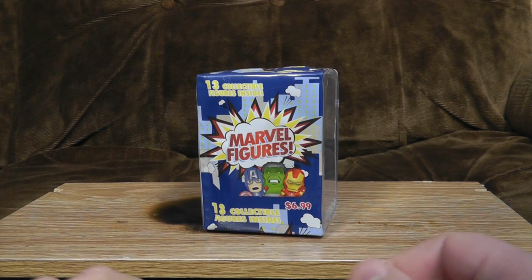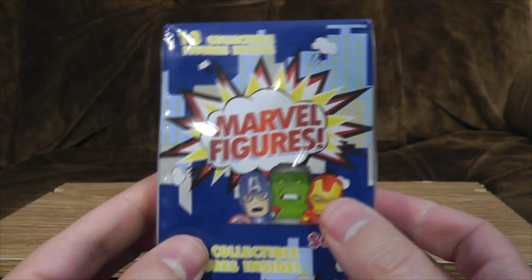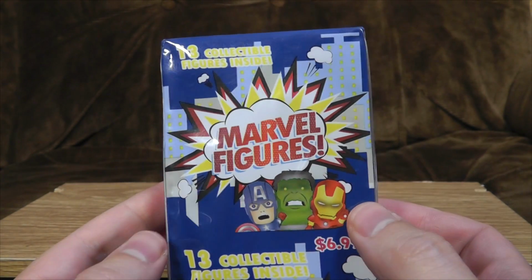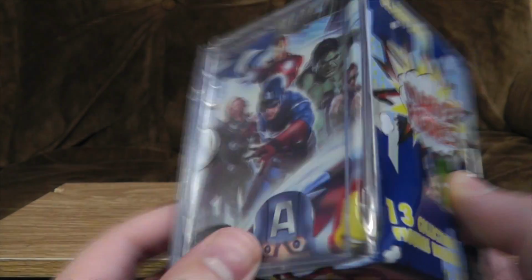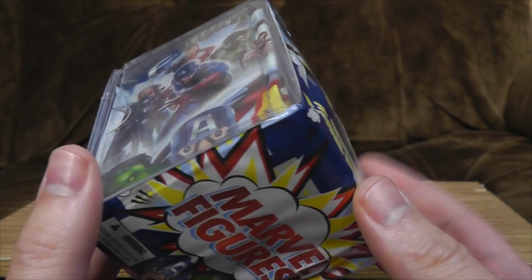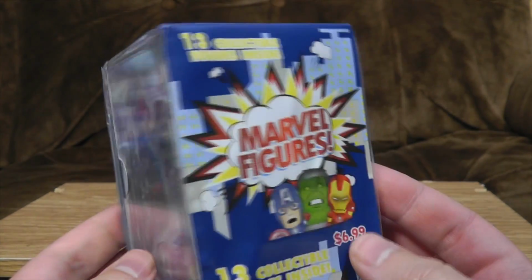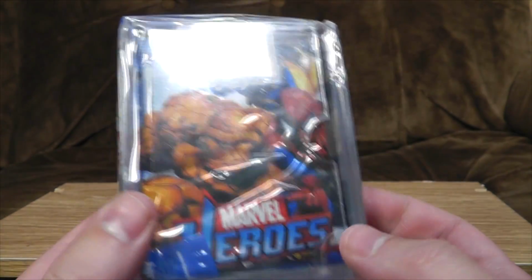Marvel figures, yes. It's an entire box full of blind bags, blimey. Well, it's nice to do some Marvel stuff, because it's not like we get a lot of it in the loot crates or anything. So apparently there are 13 collectible figures. I've never seen this. Is it some sort of retail packaging where they're just trying to get rid of old blind bags that aren't selling anymore? I have no idea, but these are all looking very...